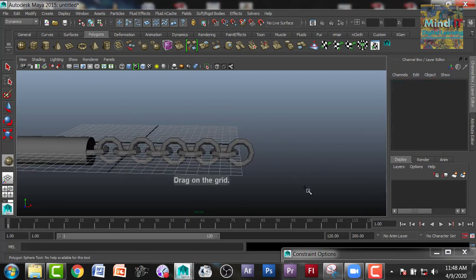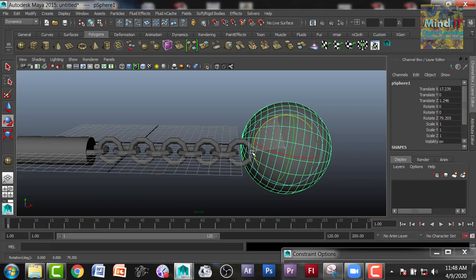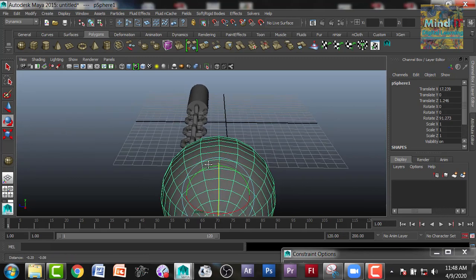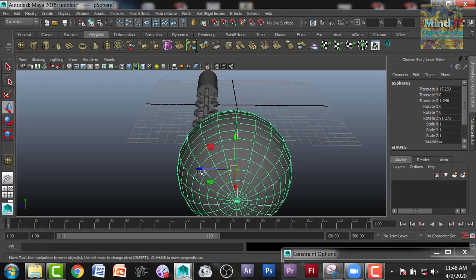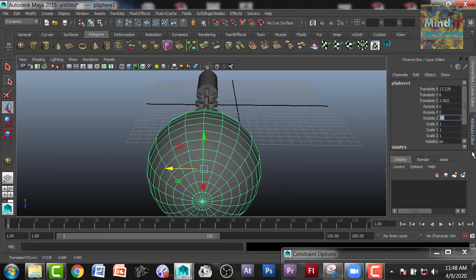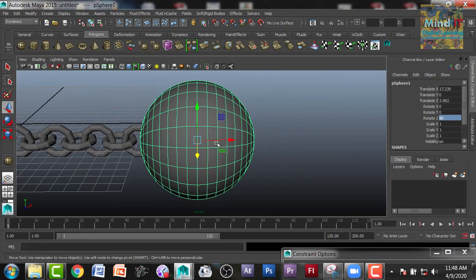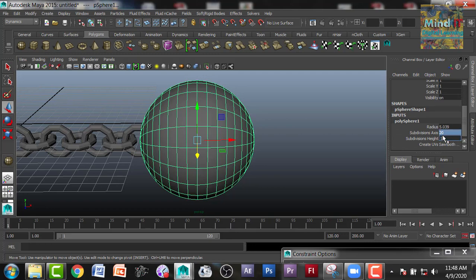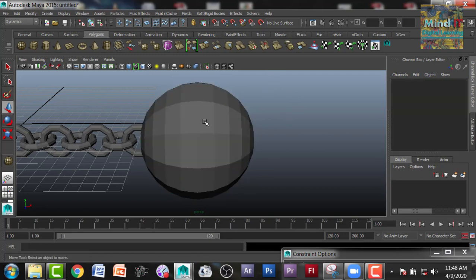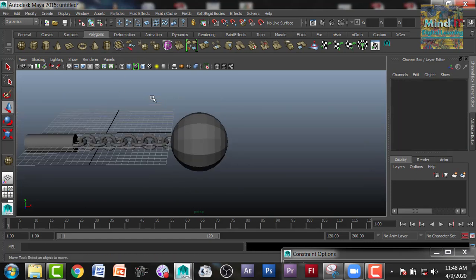Now I will make a spiked sphere to turn it into a weapon, which you see in the historical movies. I don't know the exact name of this weapon, what it is called, but it is used in fights. Once again, I will combine this sphere with the torus which is adjacent to it. First of all, I am going to decrease the number of polygons. I will select all the polygons and extrude them to make spikes over it. Okay, now these bodies are combined.